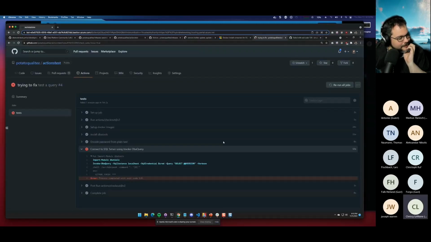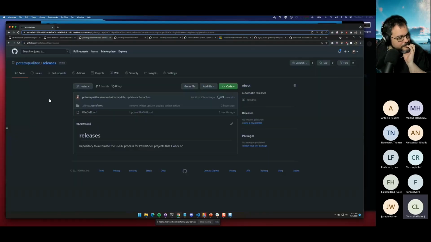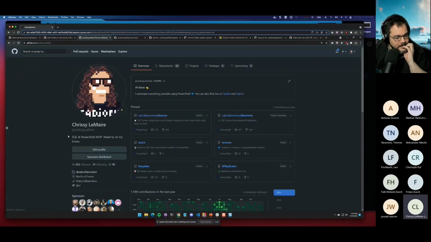All right. So 139 didn't come up with anything specifically awesome. It did seem like the container started. I could do a Docker run, but I think I'm just going to go look at one of my repos that has some SQL Server interaction. And